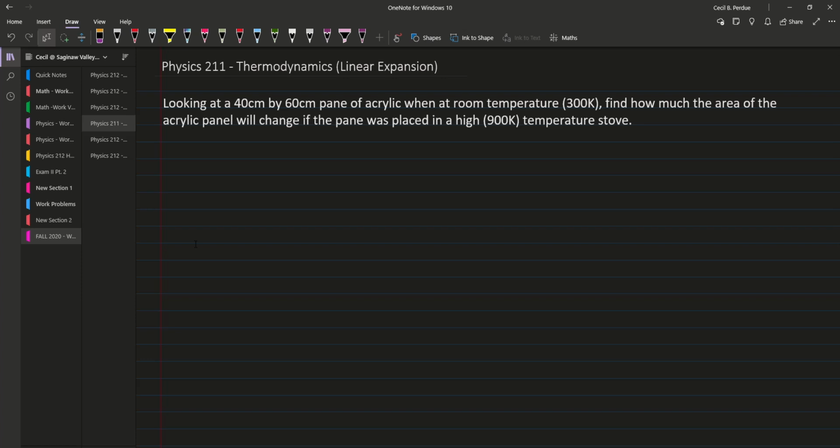For this problem, we're going to be looking at a 40 centimeter by 60 centimeter pane of acrylic at room temperature, and we're going to find how much the area of the acrylic panel will change if the panel was placed in a high temperature stove. What we know, if we make a diagram, which I'll do real quick here,